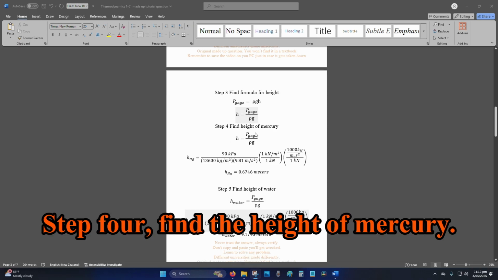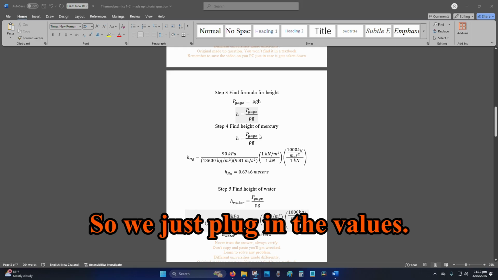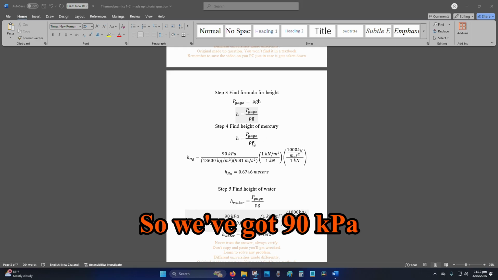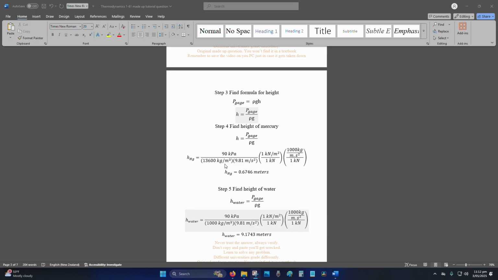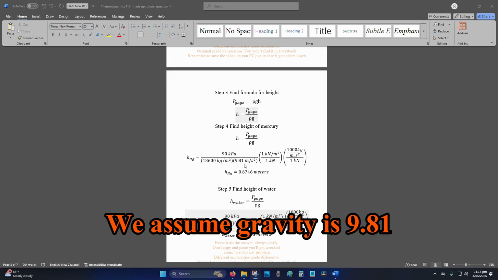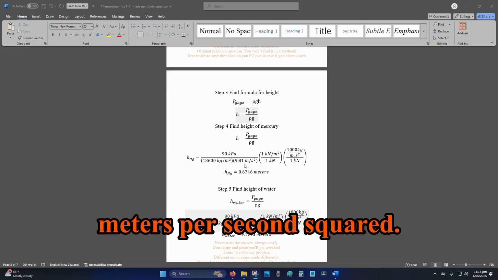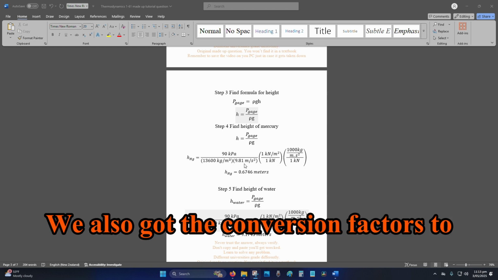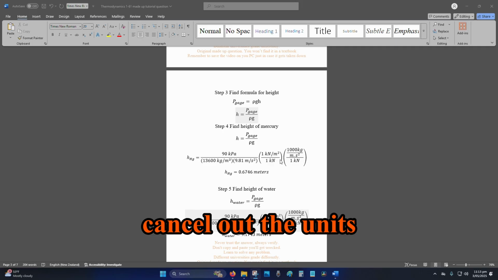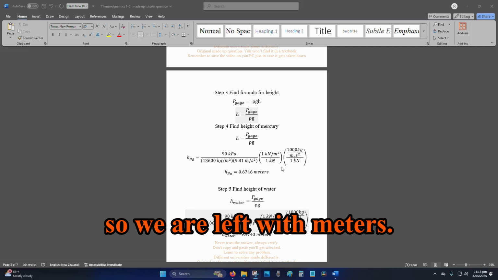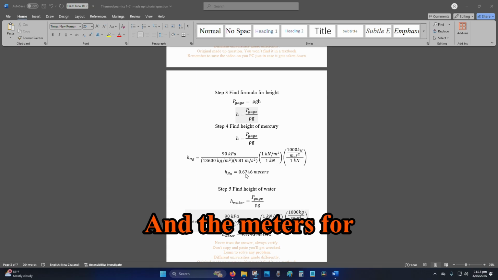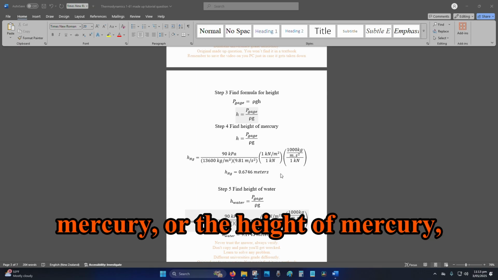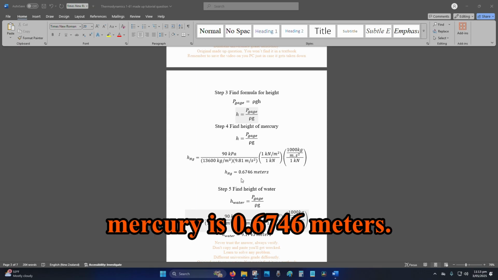Step 4, find the height of mercury, so we just plug in the values. So we've got 90 kPa divided by the density of mercury multiplied by gravity. We assume gravity is 9.81 meters per second squared. We also got the conversion factors to cancel out the units, so we are left with meters. And the height of mercury is